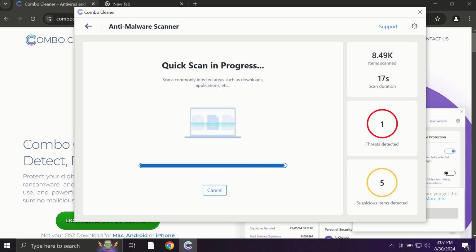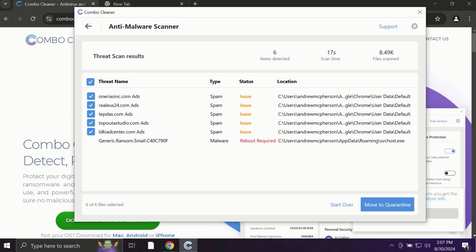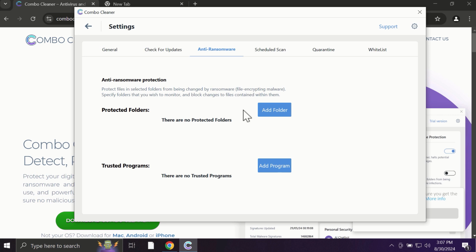Finally, at the end of the scanning, you will see the full summary of all the infections which were found on your system. Based on the summary of threats, you'll be able to know the information about the locations of threats. Some threats can be removed manually, but I recommend you consider upgrading to the premium license. With the premium license, for instance, there is an excellent anti-ransomware feature which helps to always keep your data protected. You can add certain folders on your system, and the contents of these folders will be always under protection